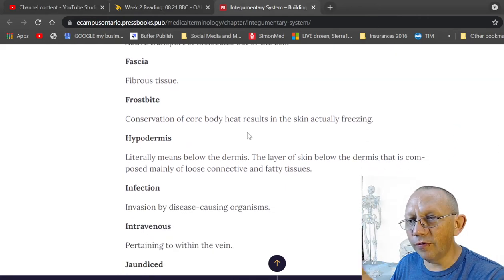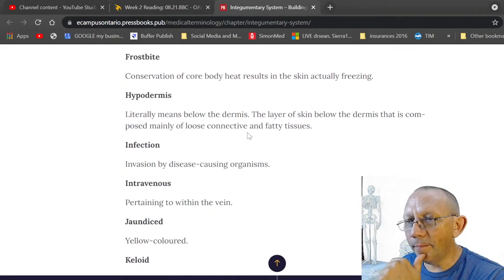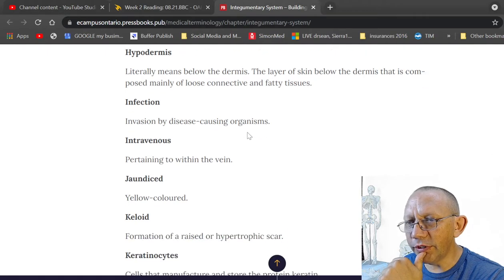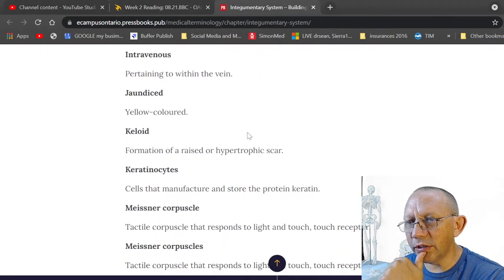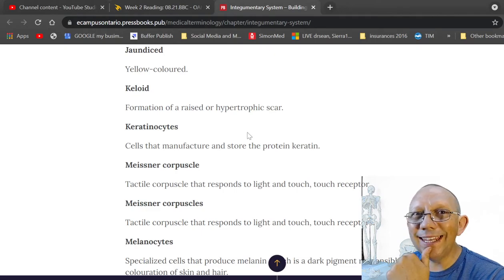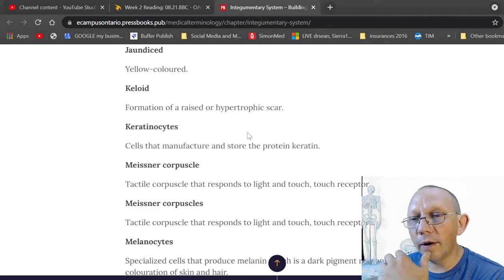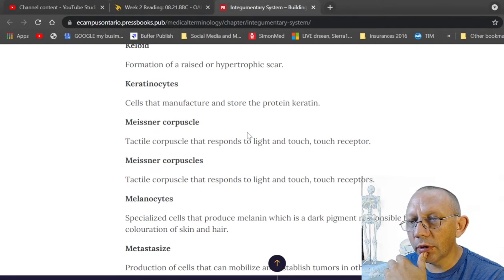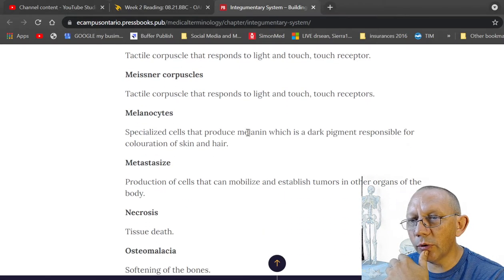Fascias, fibrous tissue. Frostbite, not good. The skin actually freezes. Hypodermis, infection, intravenous, jaundice. We did that one. Keloid. Keloid is a type of scar. Keratinocytes, Meissner's corpuscle,